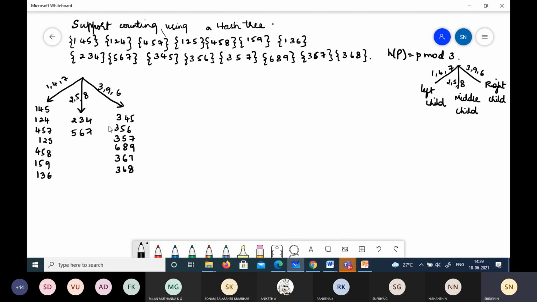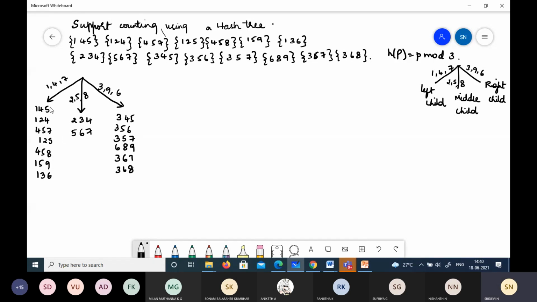Okay, this is the initial stage. But a branch can have at most 3 candidate sets, not more than 3. If it is more than 3, we have to further divide it into 3 parts. As we did here, we have to further split it into 3 again. So here, if we take this branch, how many transaction candidate item sets do we have? Totally 7 we have, but this can accommodate only 3. So we further need to divide it to the next level.